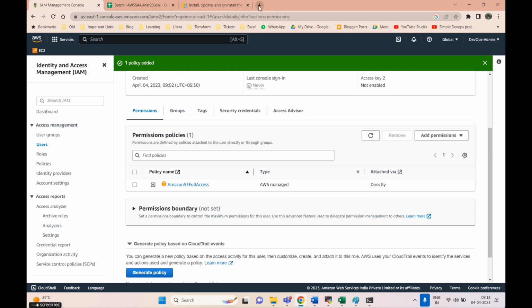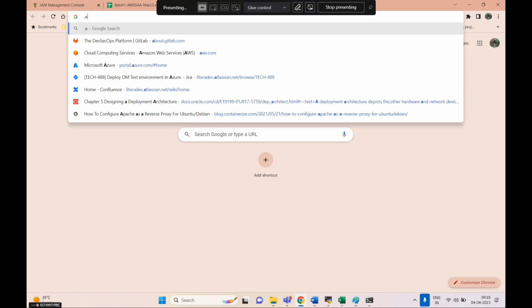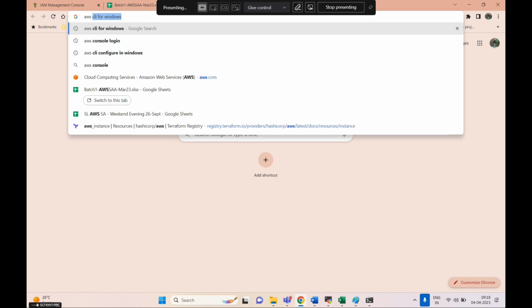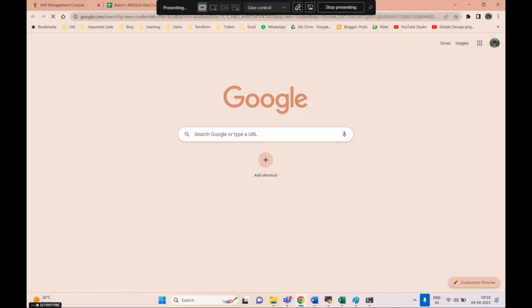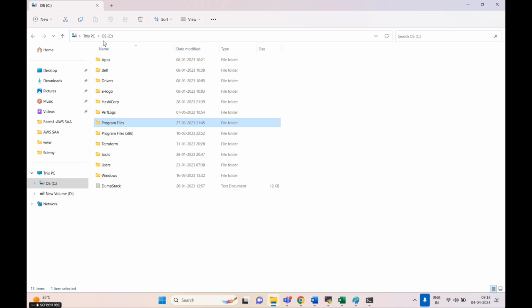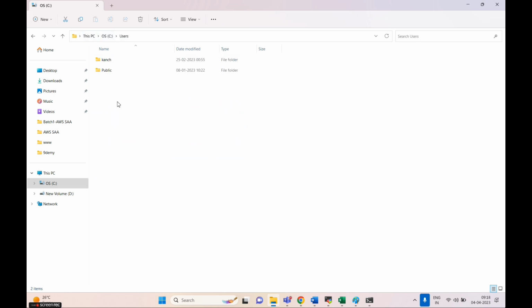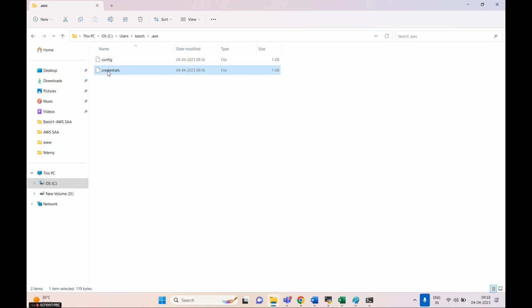I need to check the location. See, under the user's username, under this .aws you will get the credentials. So this is the location where